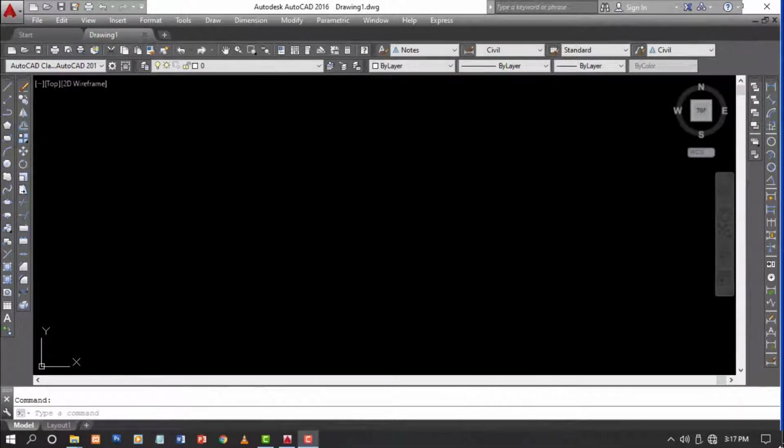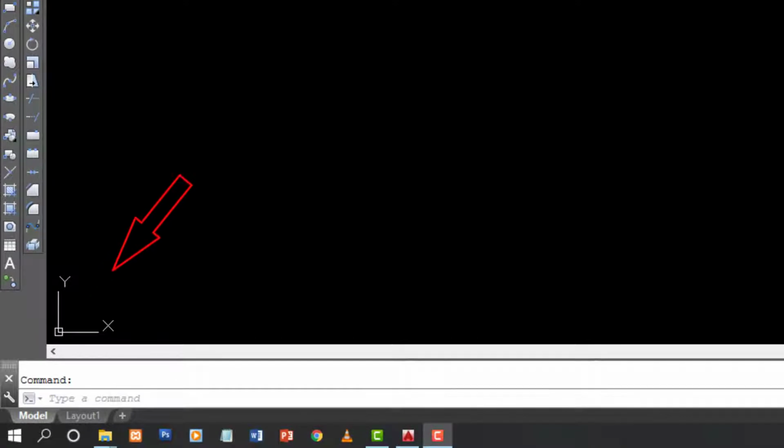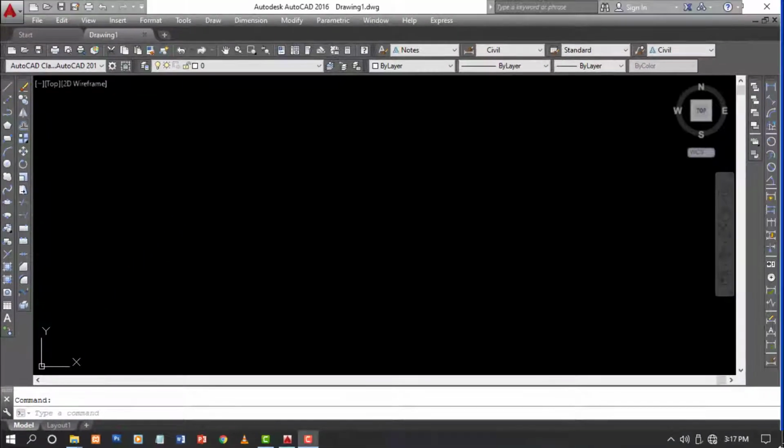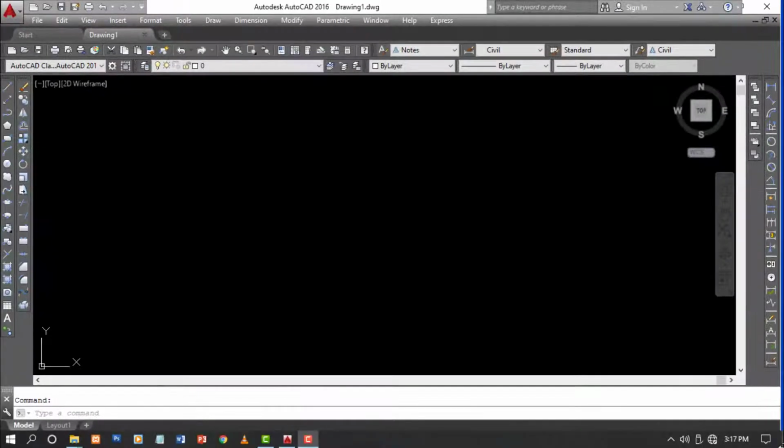All the objects drawn on the screen are placed there on a XY coordinate system. However, for a 3D object, it will be placed on a XYZ system. The reference point is known as the origin and the system is called the universal coordinate system. In my first lesson, I have already told about this. You can watch that video by clicking the above info button.